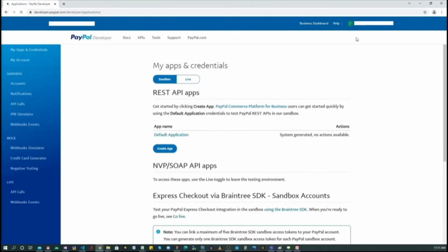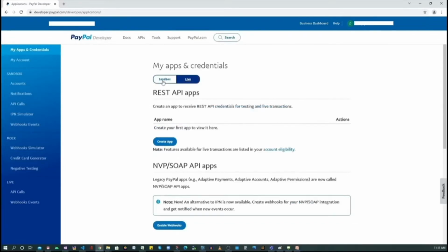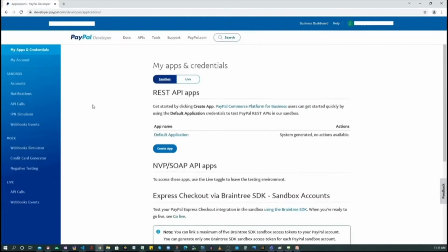Now this is important. Pay attention to the toggle switch on the top that says sandbox and live. You do not need live at this time. You will click live once you have fully tested your application. So make sure sandbox is selected before going further. And at the same time, do not forget to come back here once you are ready with your code and ready to go live. Click on live and then generate the live client ID and secret.